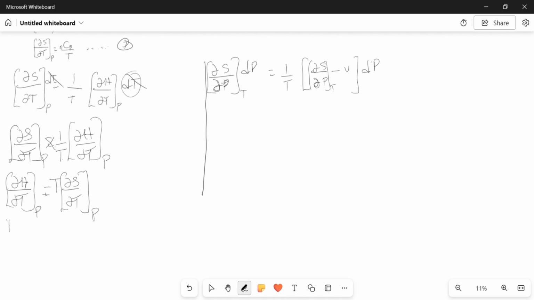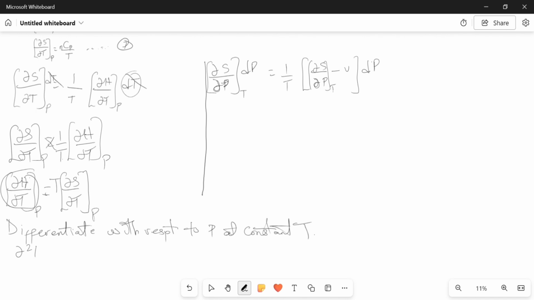Differentiate with respect to pressure at constant temperature. Very good. So we are differentiating this with respect to p at constant temperature. So let's differentiate. If you differentiate this first one with respect to p at constant temperature, I'm going to have